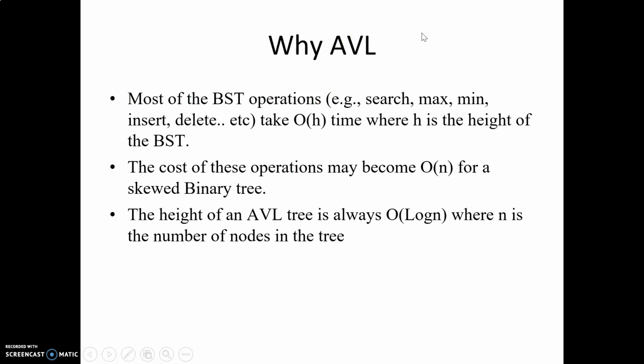Why AVL? AVL is a self-balancing binary tree. So the height of that tree will not go beyond log of n. So again, all the operations can be done in log of n time. Where BST can take O of n time, AVL will always take O of log n time for every operation. Same as red black tree, which also has log n height. It is also a self-balancing binary tree. We will be discussing the difference between AVL tree and red black tree later. But for now, AVL is a self-balanced tree. That means the height of the tree will not go beyond log of n.